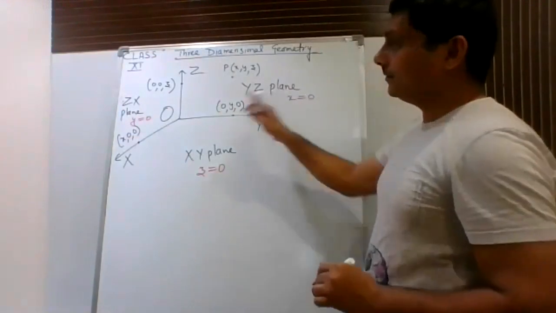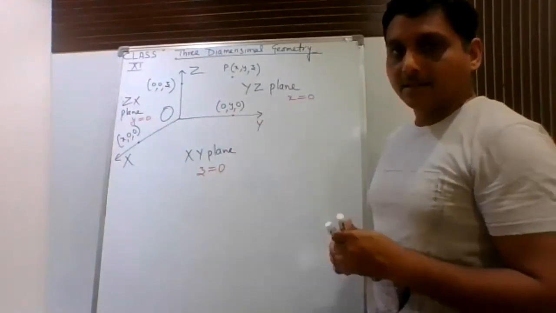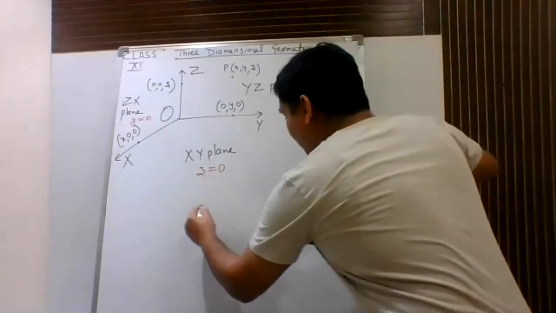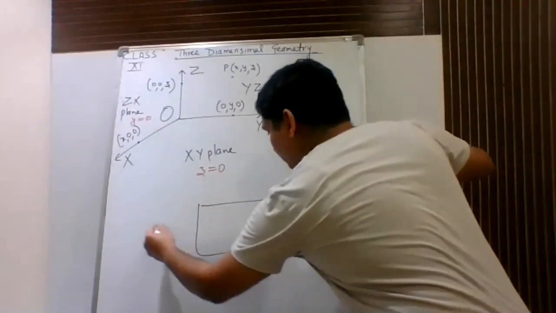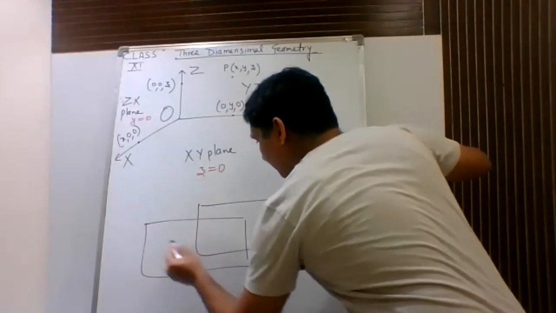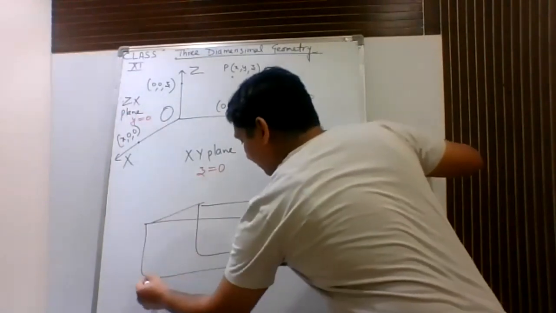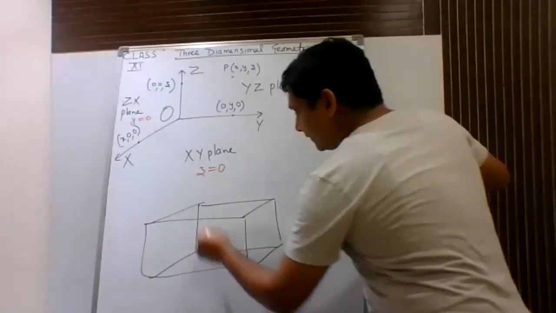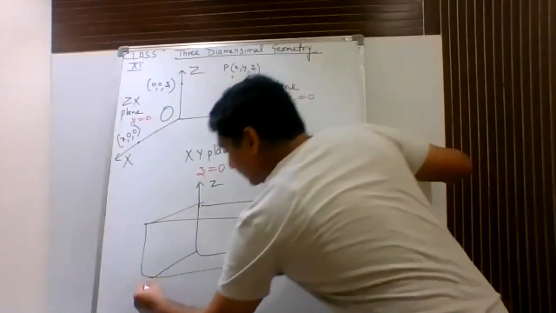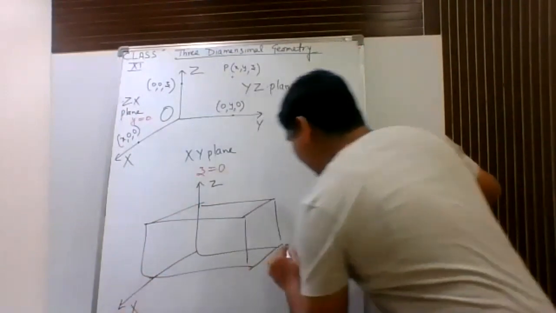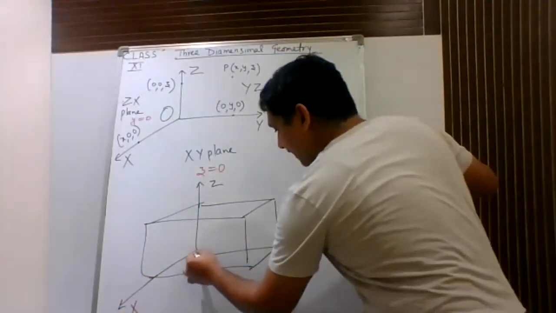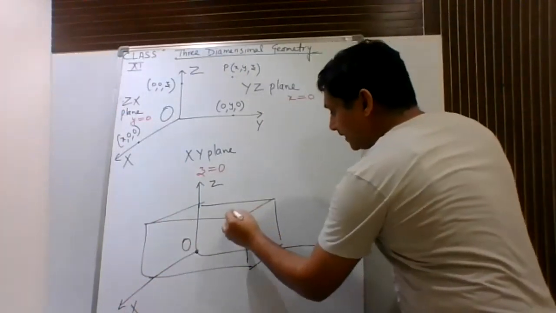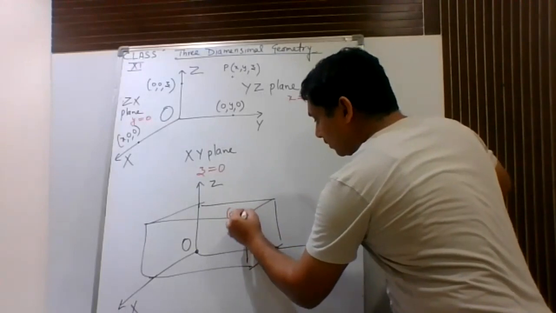So this is about planes. Now let us extend this idea further. Suppose we have a figure of this form. Now if I extend this further, this is suppose z-axis. This one is suppose x-axis. This one is suppose y-axis. And this is origin. Now, if this is any arbitrary point and its coordinates are a, b, c,